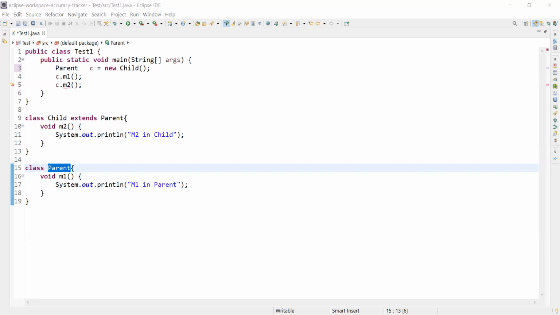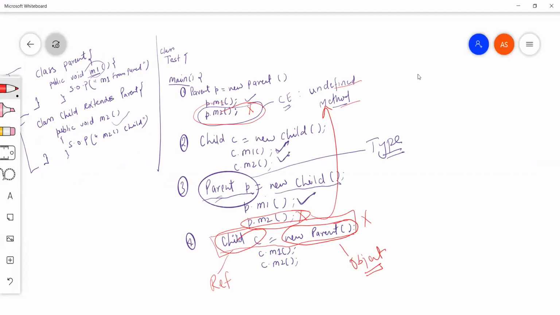There are 4 kind of scenarios you might get in interview, and you may be asked like what would be the output if we do this, if we do this. Tell me. No doubt. 3 valid, 2 valid, 3 valid.